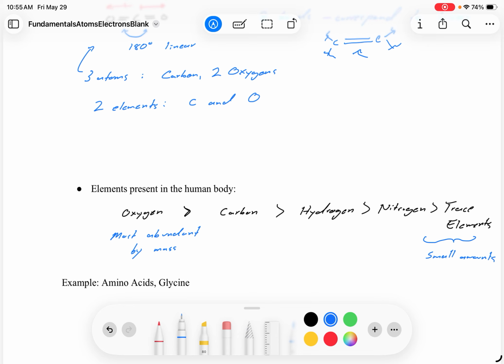Right, so that's small amounts, like calcium, sorry. Calcium is just an example, but there's a plethora of trace elements which we won't talk about today. It's not that important, so you can look it up on your own. So yeah, that's calcium. Calcium is in your body, but in smaller amounts than nitrogen in terms of mass. So as we can see here, oxygen, carbon, hydrogen, nitrogen are important elements present in biological